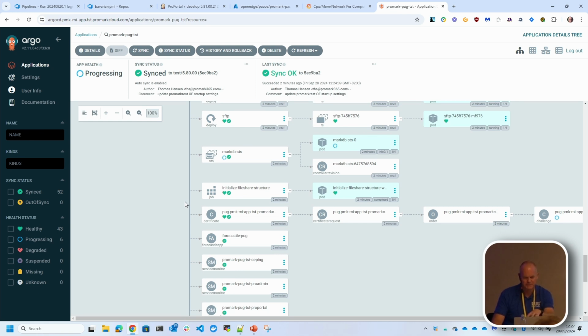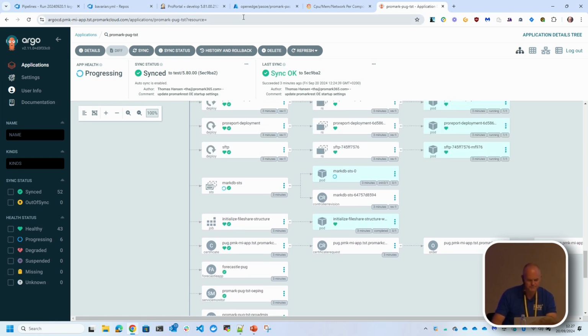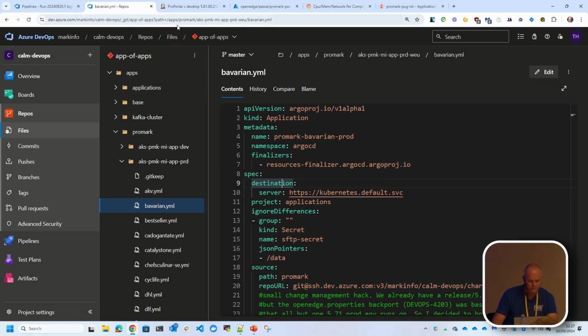So the end result of this, when it's finished, I'm not sure how long this takes, it may take 5 or 10 minutes more, is that in this particular case, I'm going to have a full stack of our application with the database and the pod. Everything will be started up, and I should be able to then access the running application. If I go over and just refresh my